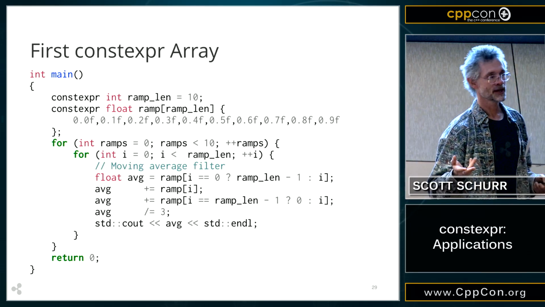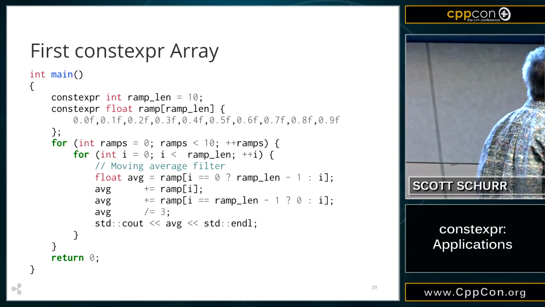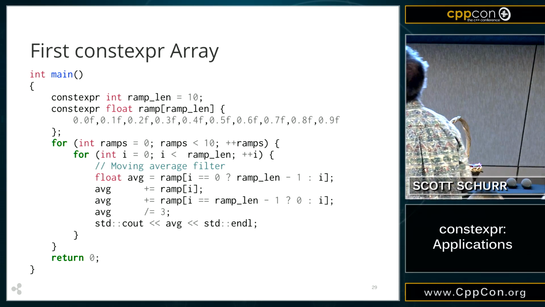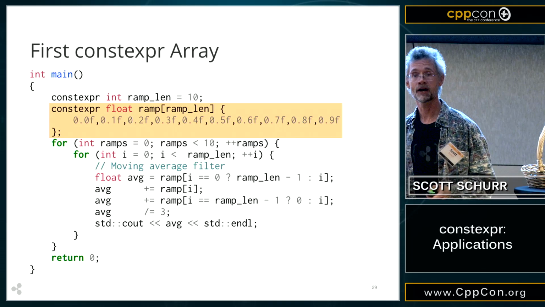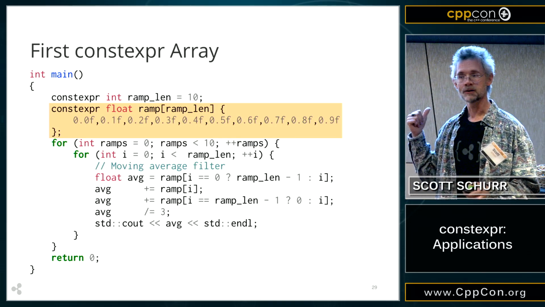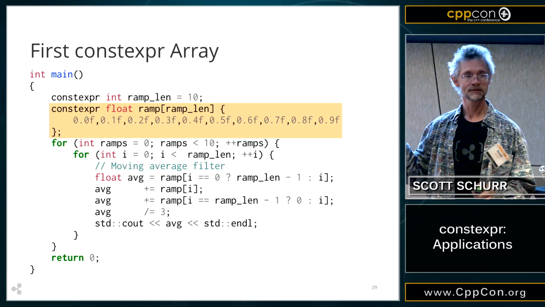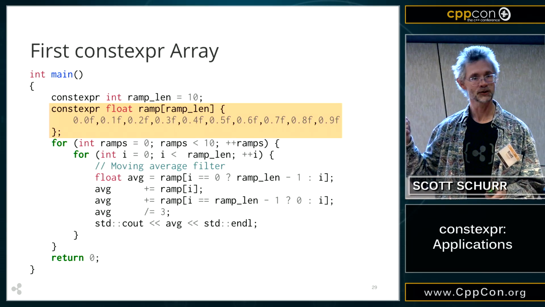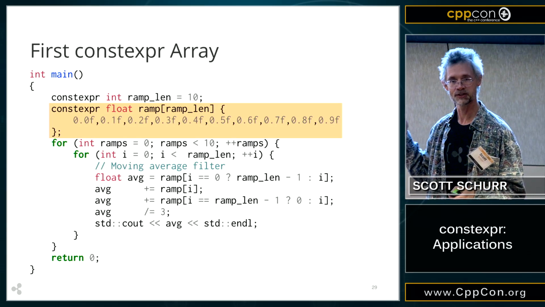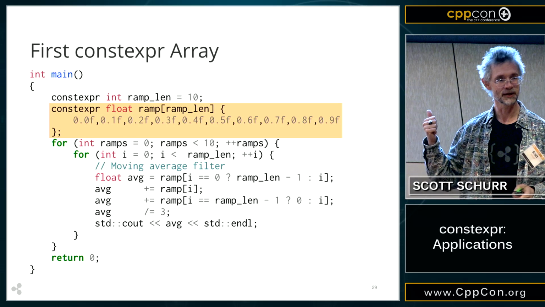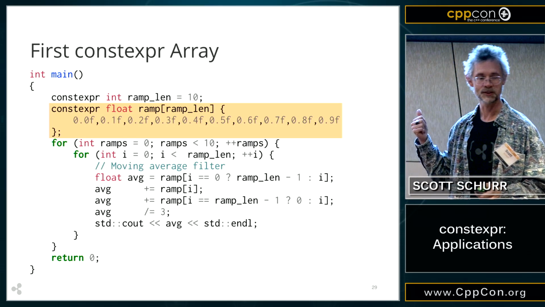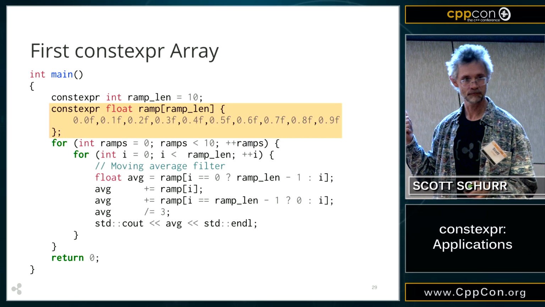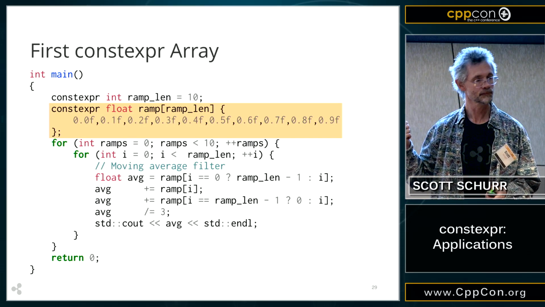So let's come up with some actual use cases for these things. Well, okay, we can just declare an array with some values. Now, we're just starting to stick the nose of the camel into the tent. This is nothing exciting other than the fact that we can put the constexpr keyword on there. You could do this with a static const array, basically the same functionality.